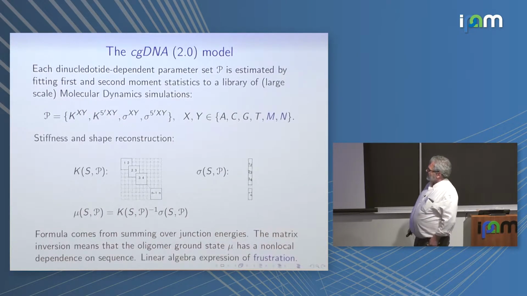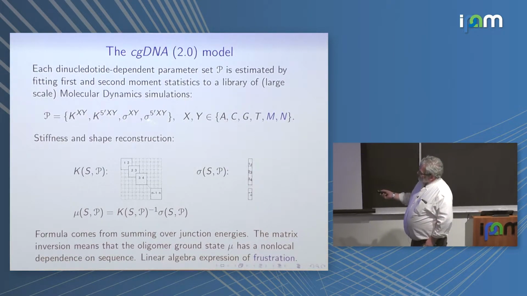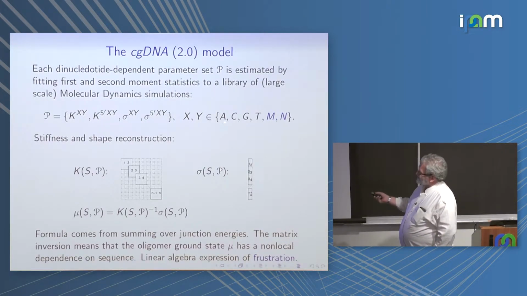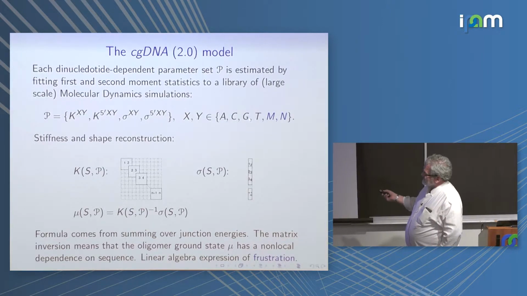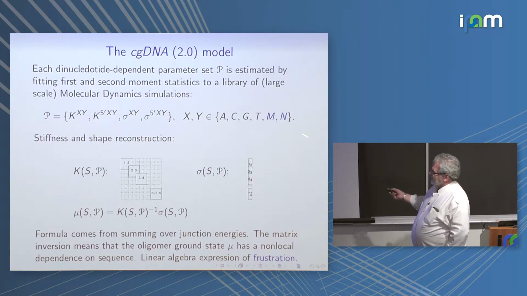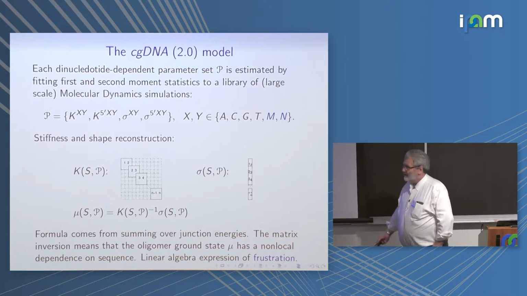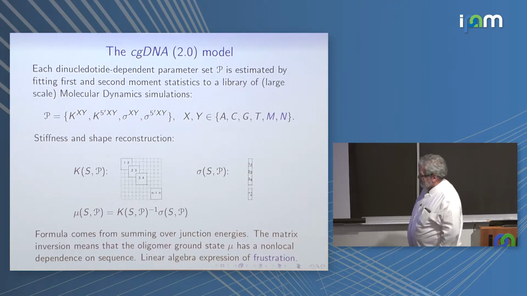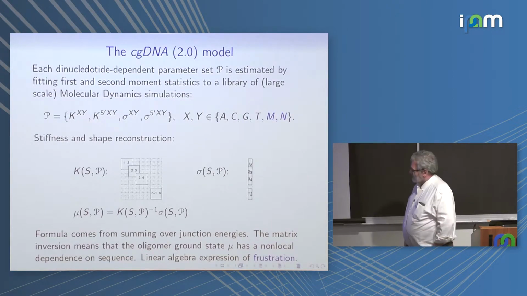Fine. So then we go on. What's the rule? Your parameter set now has 18 by 18 matrices. You allow the blocks at the end to be special, which allows fraying of the DNA. Then these are the vectors which allow you to compute the ground state. The standard alphabet is A, C, G, and T. We're actually going to allow an extended alphabet with M and N, which will correspond to so-called epigenetic modifications of the bases, which I'll explain in a little bit.